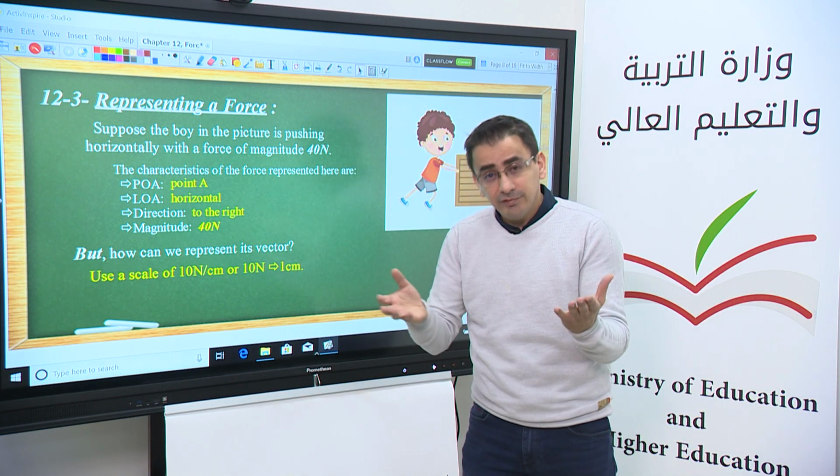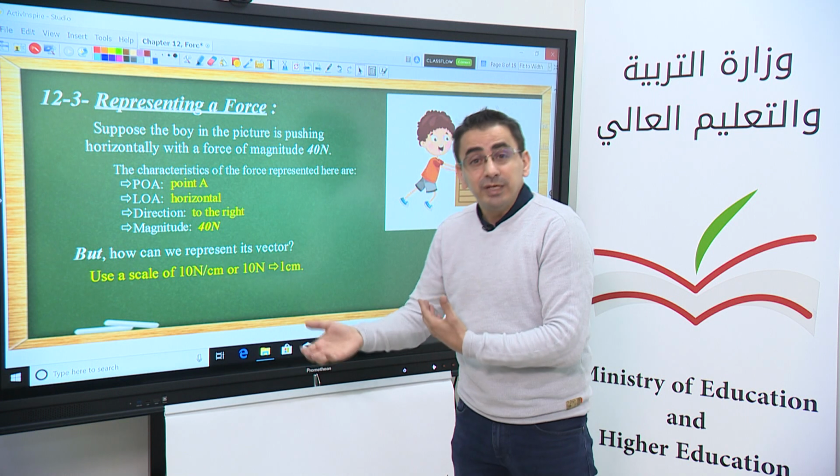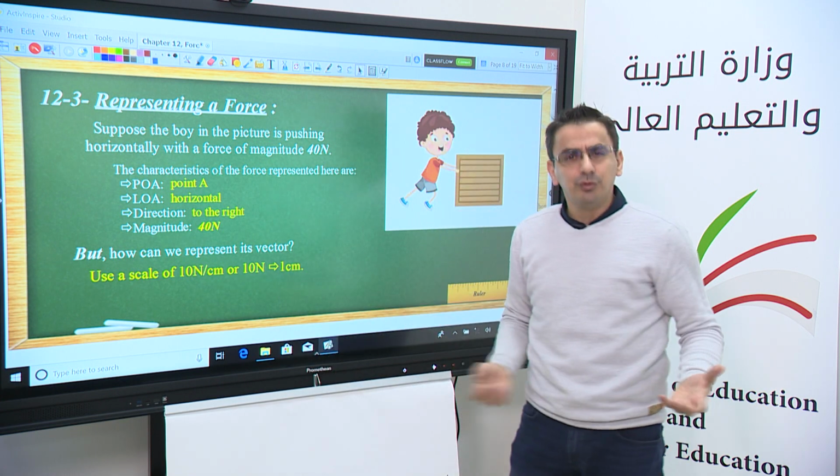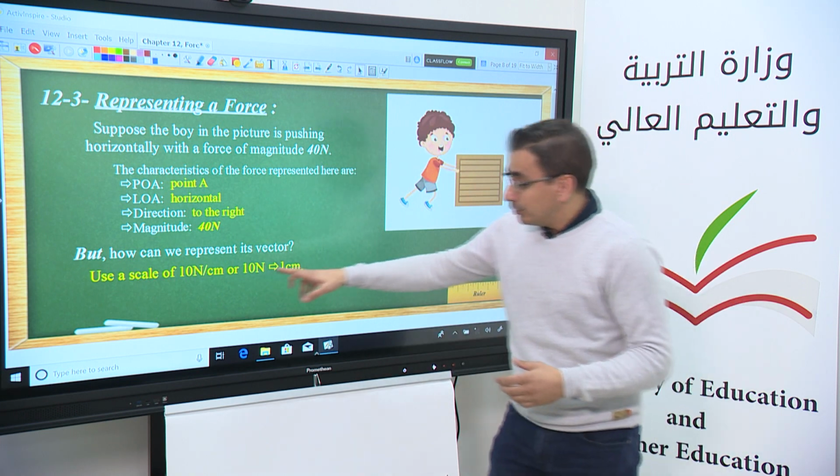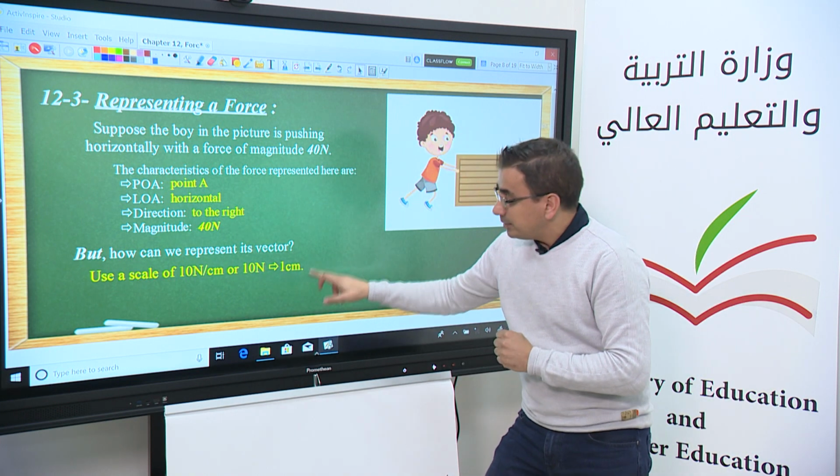Usually when we draw in geometry, we use centimeters, millimeters, meters. ما بنستعمل نيوتن. So من هون بنستعير شيء اسمه scale اللي بيقول لي إنه مثلاً بدي آخذ كل 1 سنتيمتر